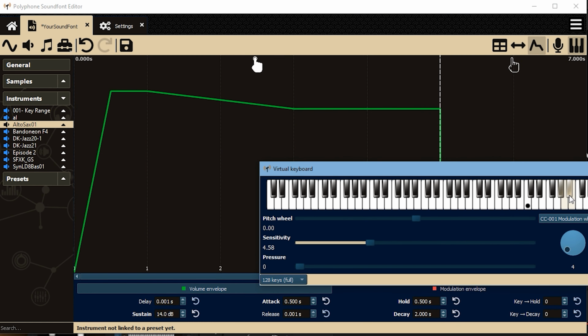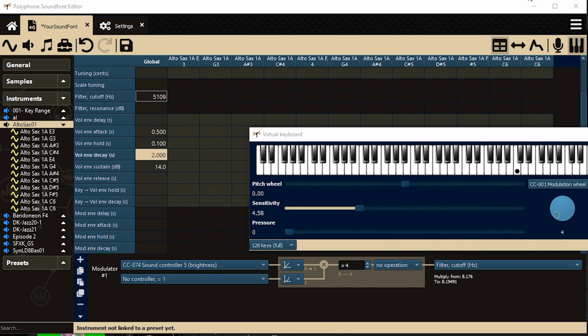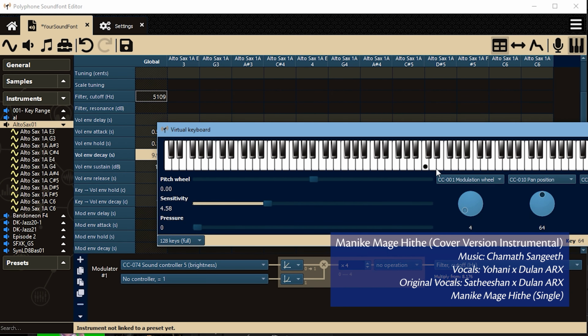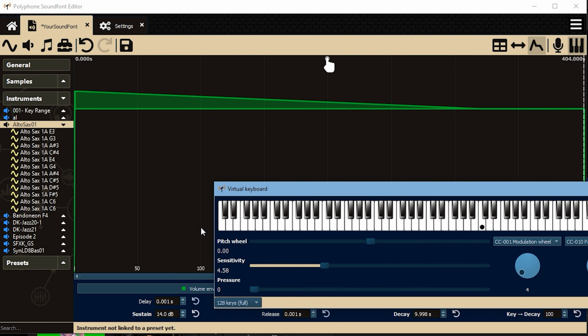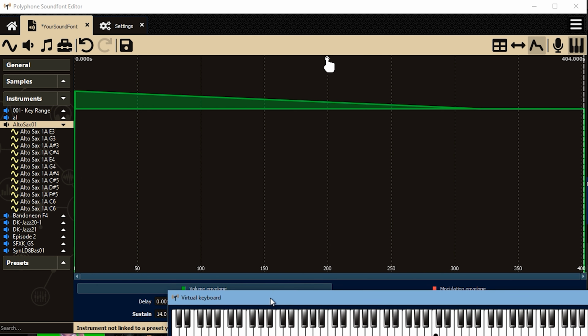Not only that, but also we can set the instrument to automatically vary the hold and decay timing with respect to the key position. Let's say that we set a decay time of 10 seconds and set this key to volume envelope decay to 100. And by that we would obtain a flat 10-second decay time only at key number 60. If we play key number 72, which is 1 octave higher, then the decay time will be halved to 5 seconds. At key number 84, the decay time will be quartered to 2.5 seconds.